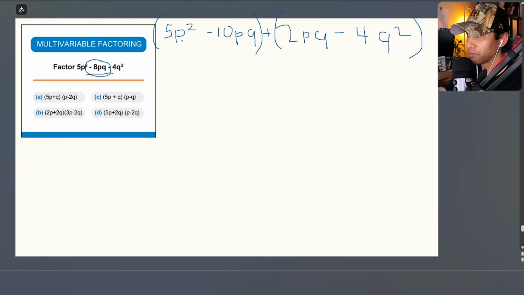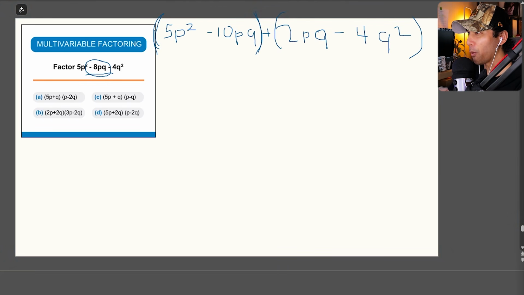Parentheses 5p squared minus 10pq plus 2pq. Oh my gosh, I'm sorry. Plus 2pq minus 4q squared. Okay? And then what we're going to do is we're going to find out the greatest common factor from each